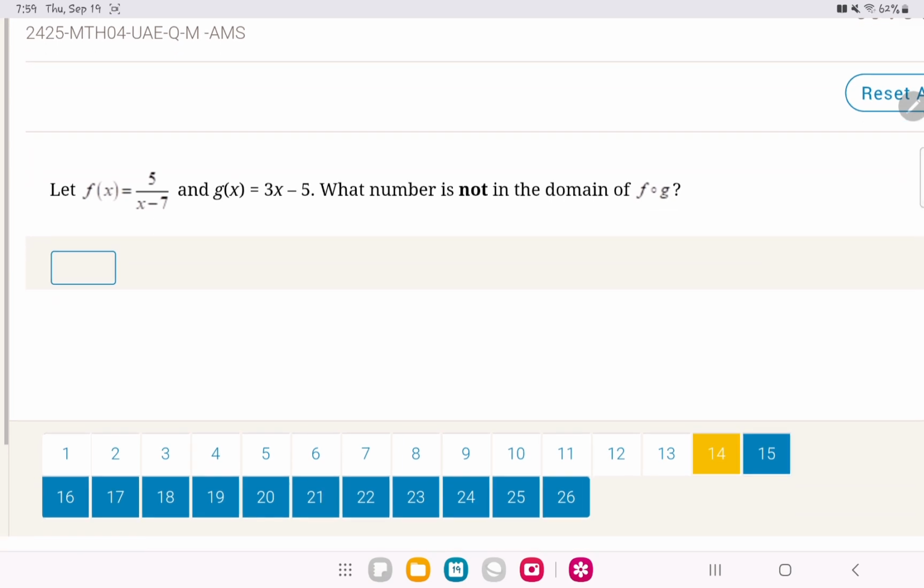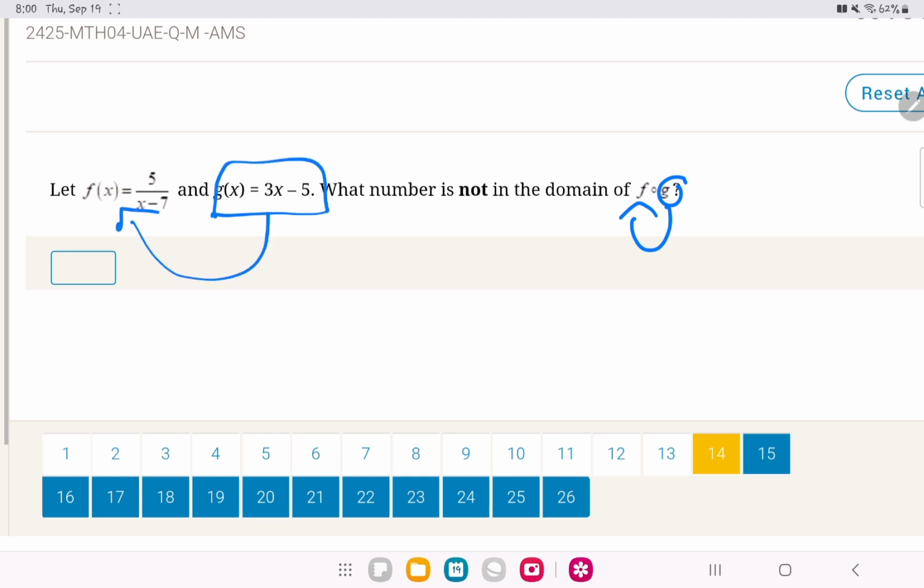Let f(x) equal 5 over x minus 7 and g(x) equal 3x minus 5. What number is not in the domain of this? So how do we do this? We're going to start from the right to the left. So the g, we're going to substitute it in the f. There is nothing to substitute in the g, so we take the g as it is, and we're going to put